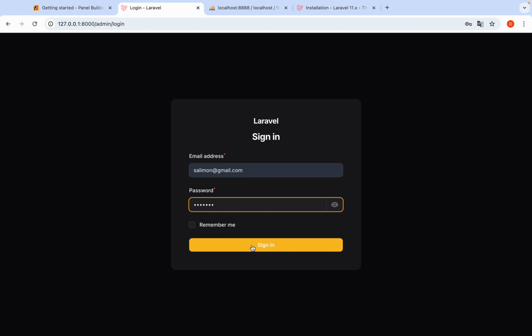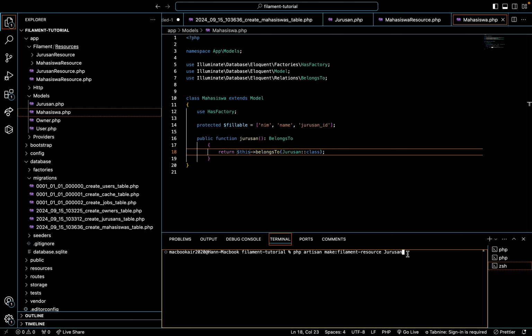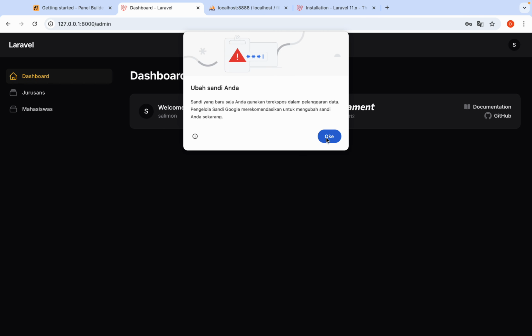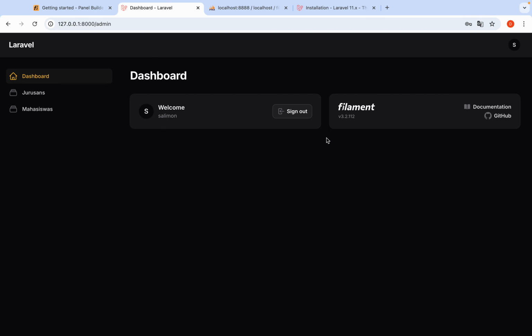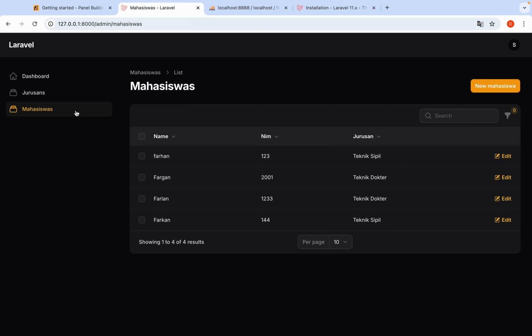Okay, the first display is like this if you enter this. We just enjoy surfing and see what Laravel is doing, ready for us.